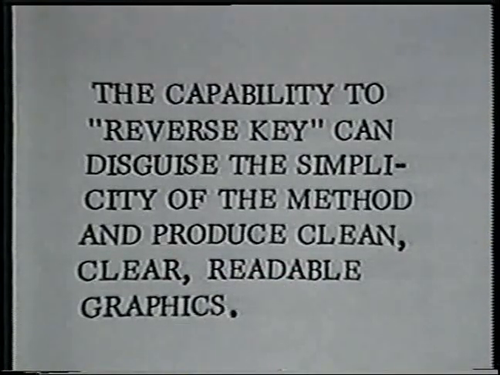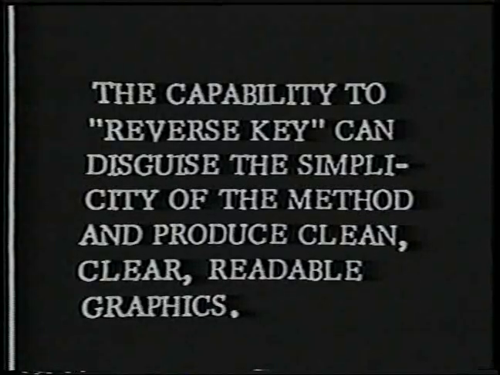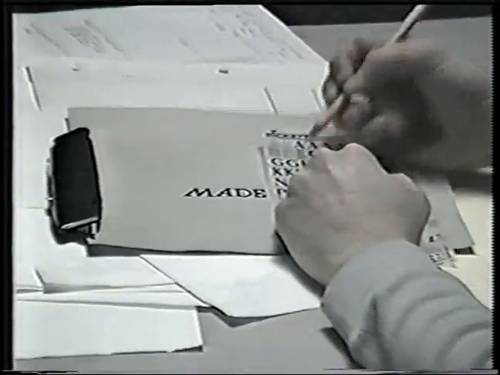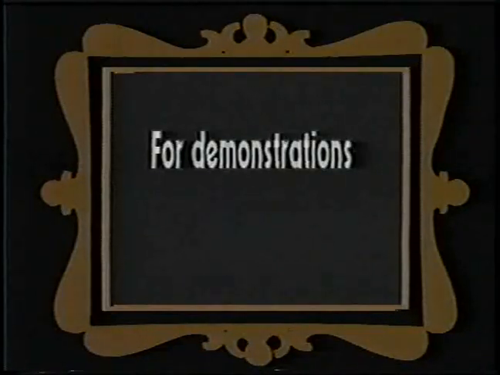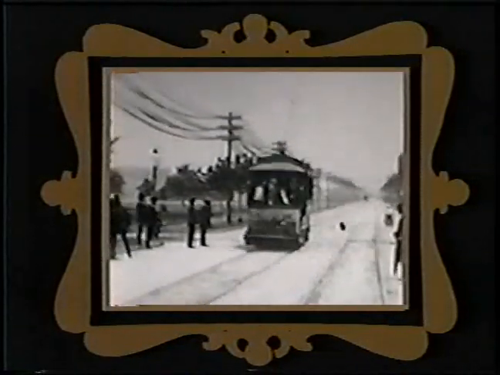Typewriter titles can often work well as long as the ribbon is of high quality and your camera can reproduce the words large enough to fill the screen. The capability to reverse key can disguise the simplicity of this method and produce clean, clear, readable graphics. Press-on lettering is a quick, effective method of generating titles for graphics, whether mounted on art cards or combined with a background or shot with a camera and simply edited between shots in the forms used by the old silent